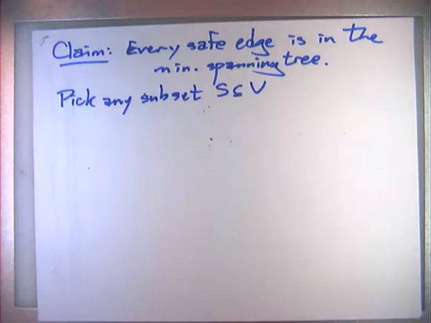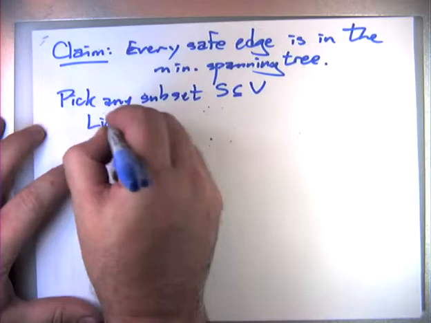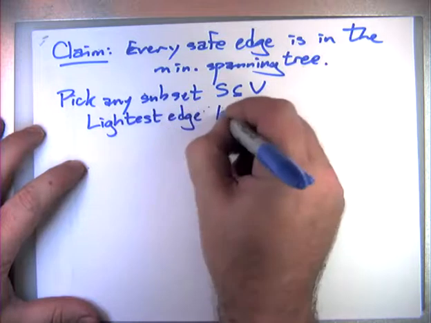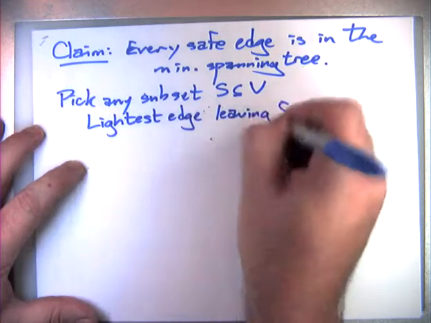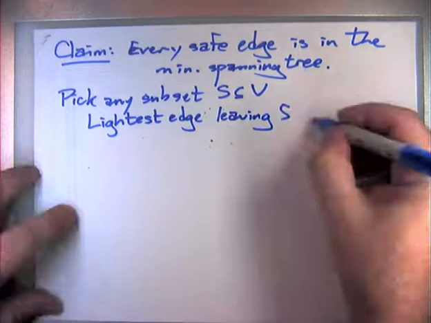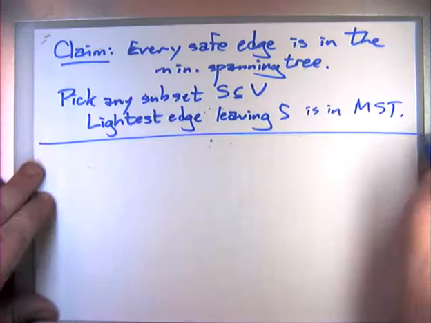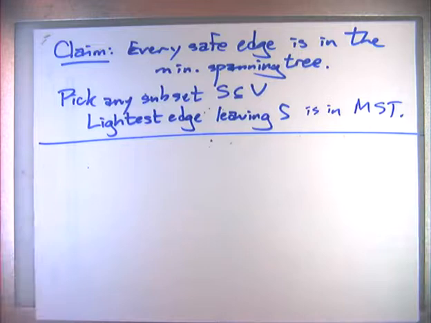Right? It could be one of the components of f, but it doesn't have to be. Then the lightest edge leaving S, meaning having one endpoint in and one point out, is in the minimum spanning tree. Okay? That's my claim. So the way I prove this